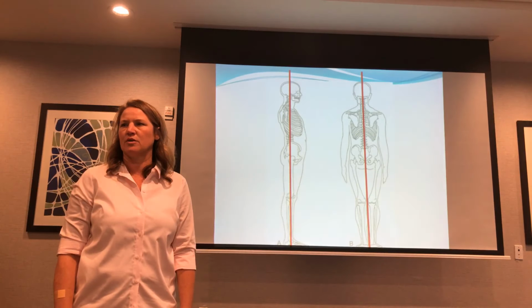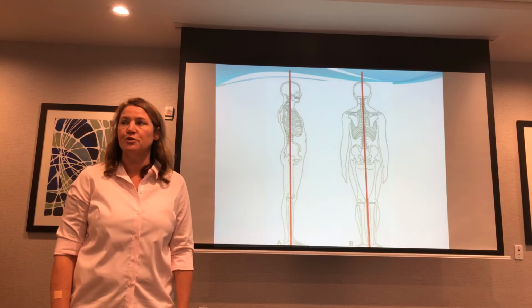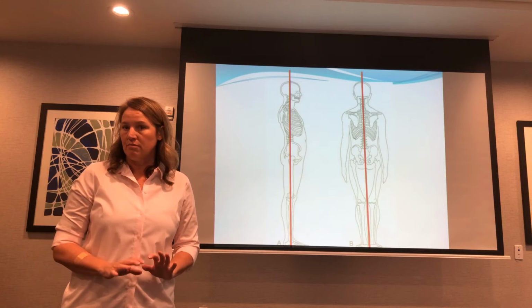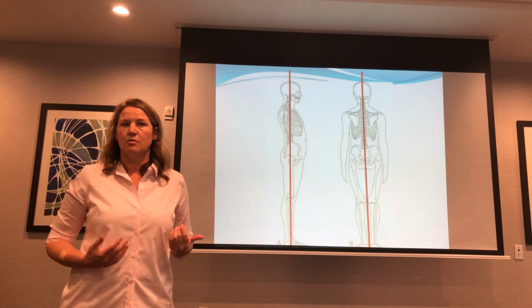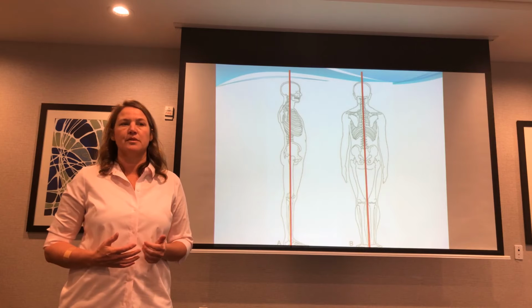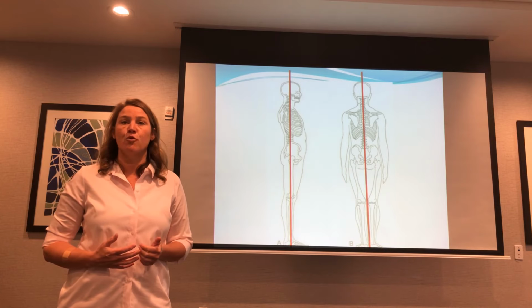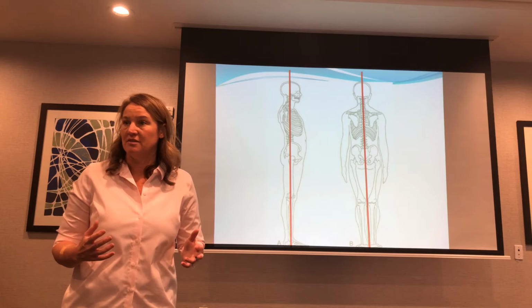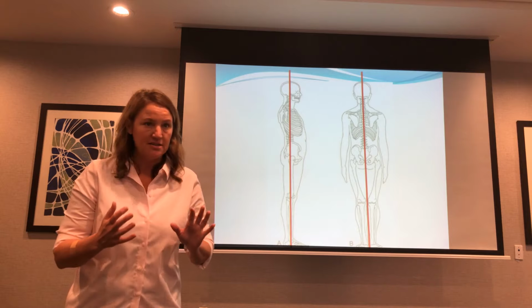Just start to shift backwards. What's the first thing you feel happening? Do you feel your toes come up? Okay, so you're feeling your balance go back and you're feeling your toes come up off. If you keep going backwards more, then what happens? Then your whole forefoot comes up. You go all the way up on your toes. That's your ankle strategy. So your ankle strategy from that standpoint.